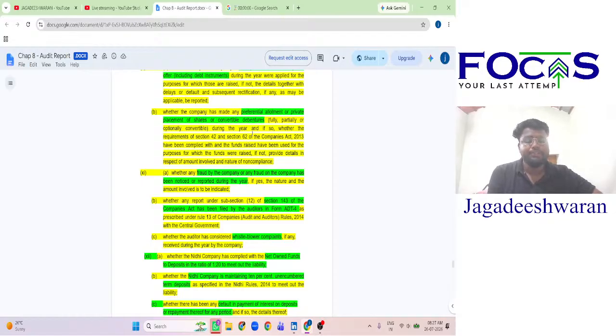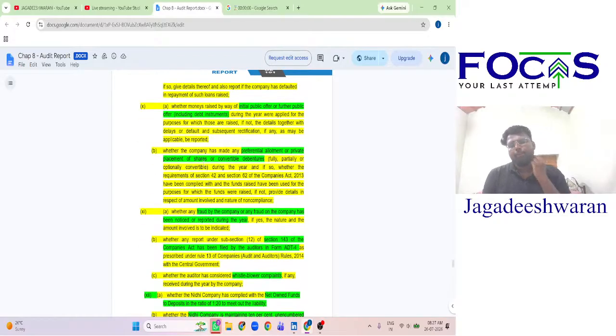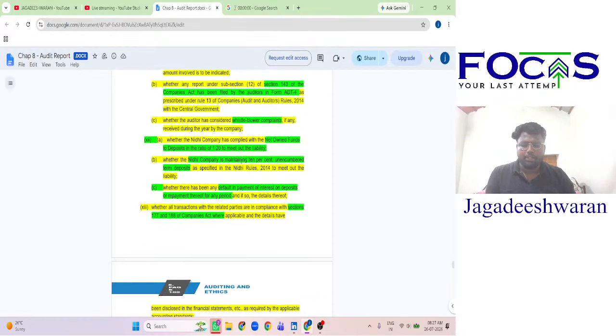So Section 42 is private placement. Section 62 is further issue of share capital, that is preferential issue. So under the section we have to mention that with regard to 10A and 10B. A is IPO, FPO. B is preferential allotment or private placement of shares or convertible debentures, Section 42 and Section 62. And clause